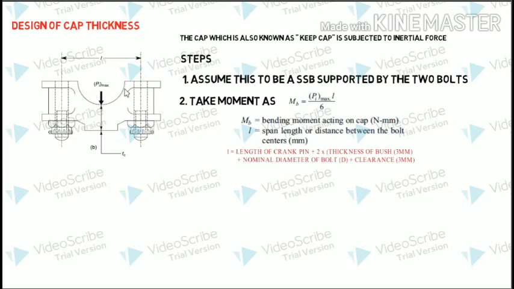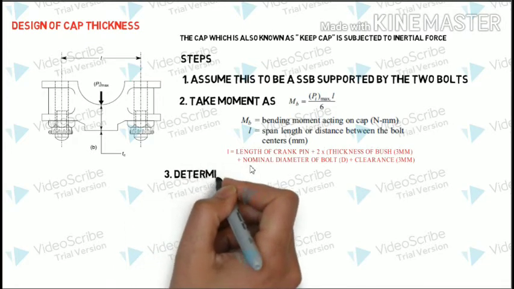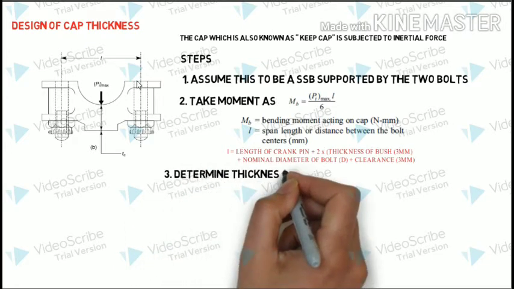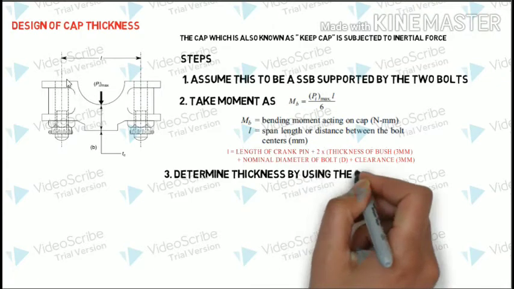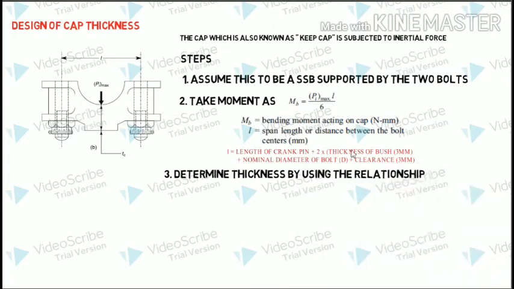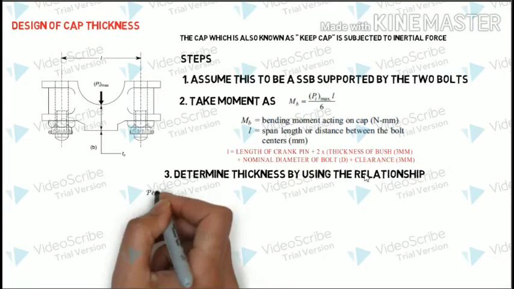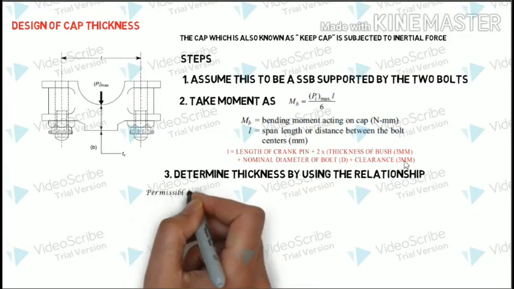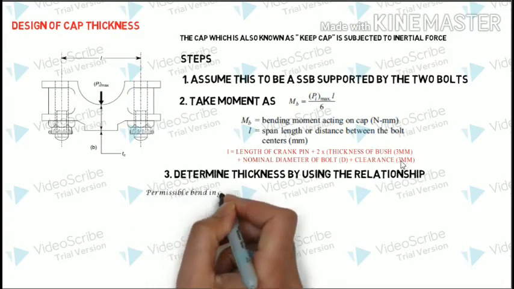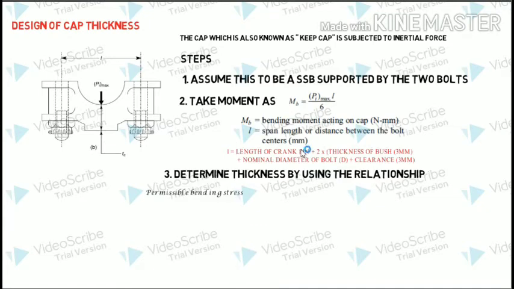This is the length of the crank pin, followed by 2 times the thickness of the bush, and approximately 3 mm plus the nominal diameter of the bolt, that is, half the diameter over here plus half the diameter over here, which will give you the nominal diameter, plus a clearance of 3 mm. Okay, now once this is obtained,